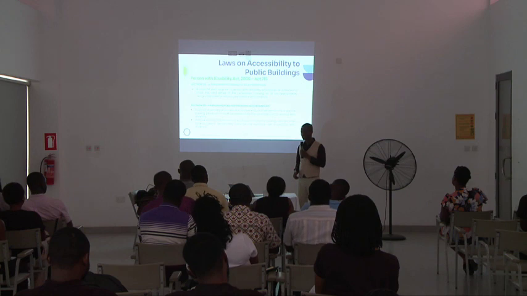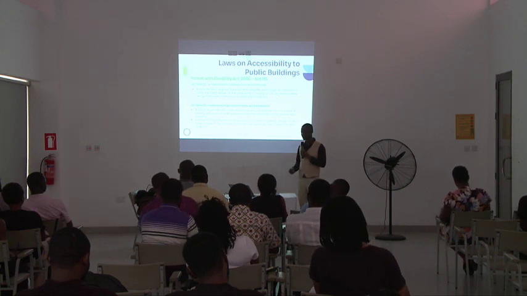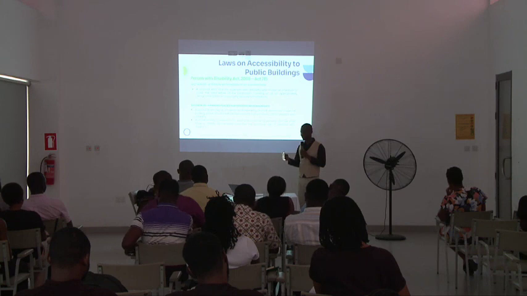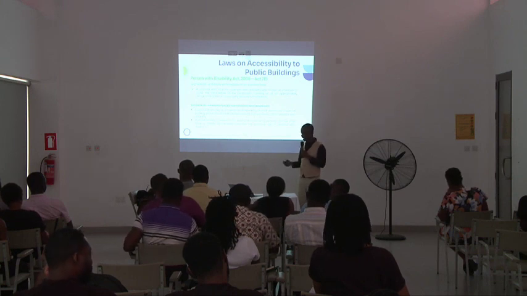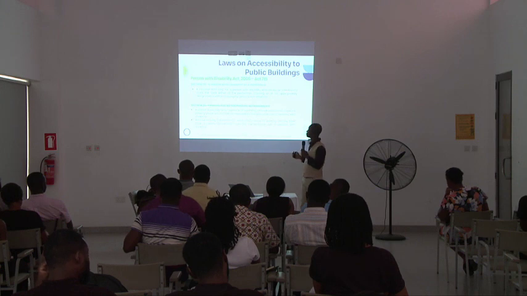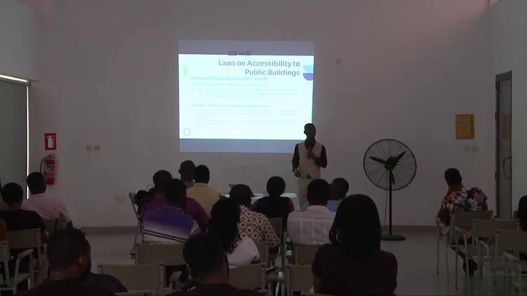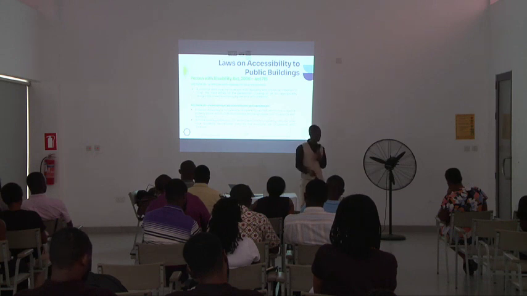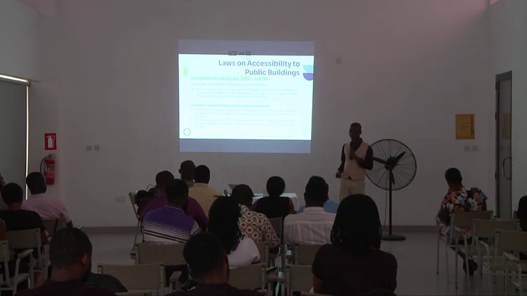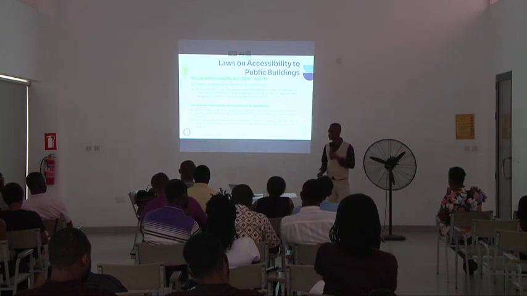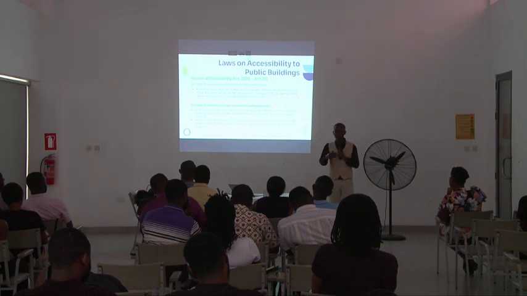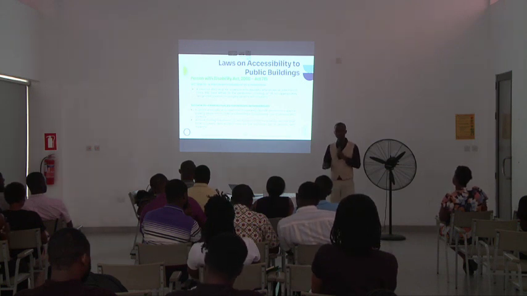Then the parking place for persons with disability, at the district assembly. And the key thing is a person with disability as a pedestrian. If the person shows an intention to cross the road, either at a pedestrian crossing or at an appropriate designated point, you have to give way. So immediately you see the person has turned and is facing the street, you have to stop. You know what intention means. It may not even be intentional, but if you think the person is about to cross, you just have to stop. That is some of the things we need to know about.